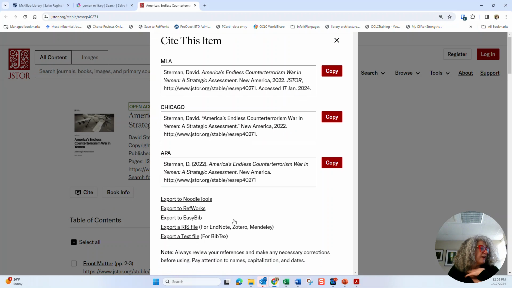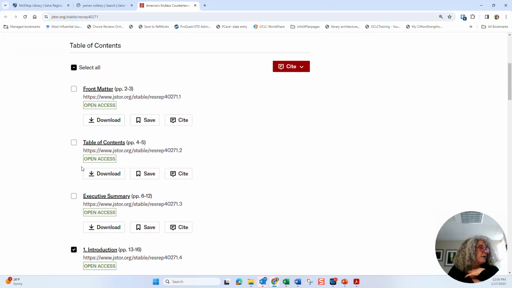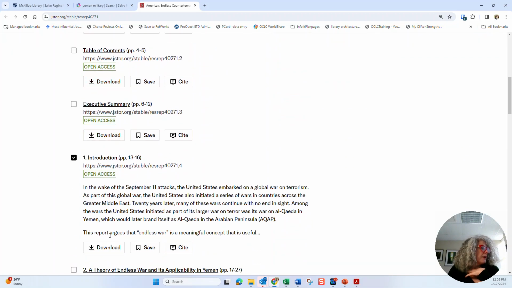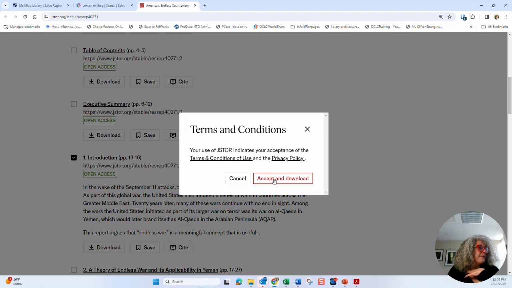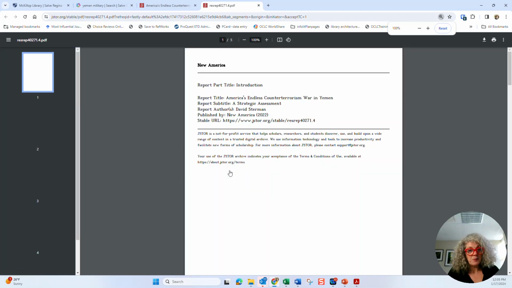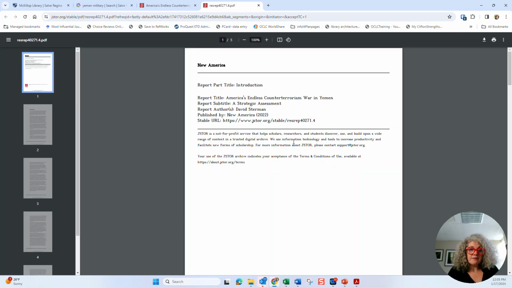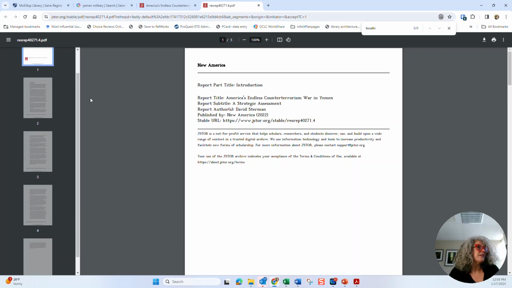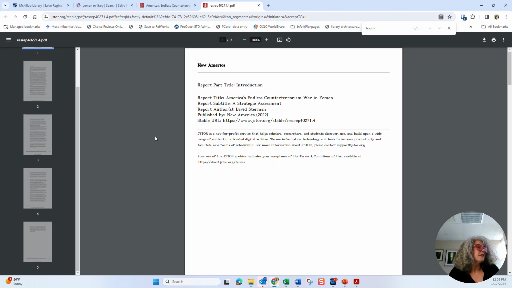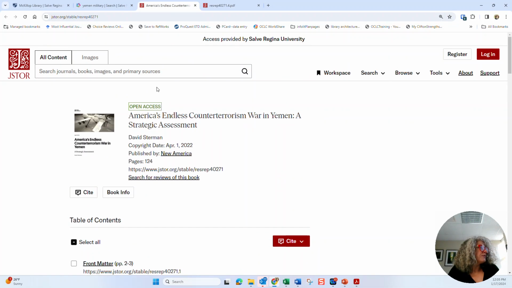In order to download the article, you just click on download. But if you're looking for information about a particular aspect and you don't see it in the summary, if you download the chapter, open it, and then do Control F, or Option F if you're on a Mac, you can search your term and see if it comes up. So I did the Houthi in here, and it looks like this chapter does not mention it. If we're interested in